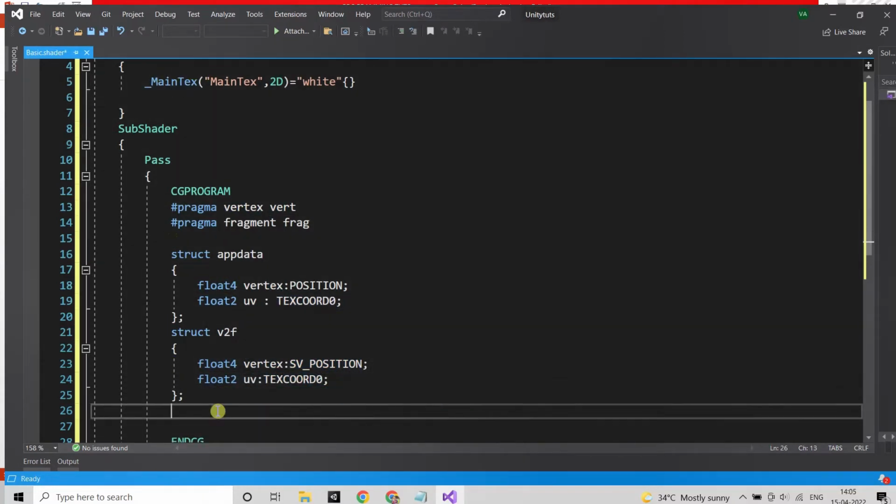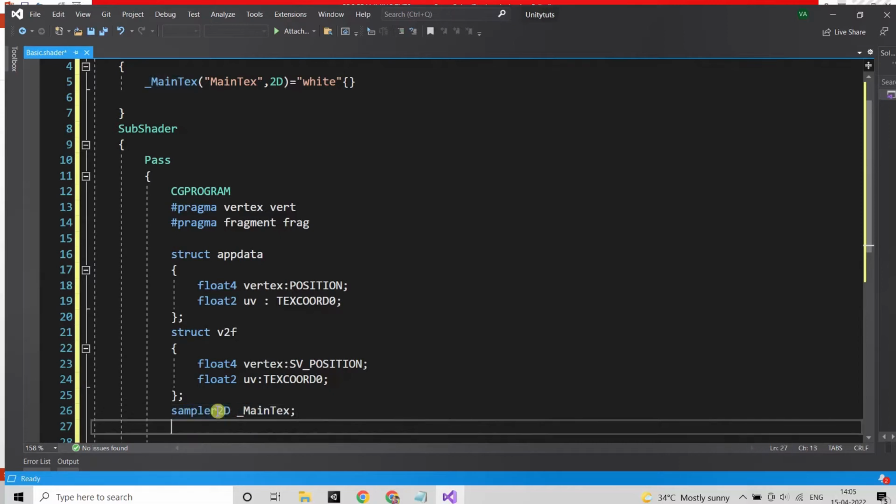Appdata will have the vertex position and UV values so that we can use them when we are calculating. V2f can be used to store the calculated values when performing calculations. Use it as output. Whatever we declare in the inspector, we have to define in our pass, and only then can we access those values. For each data type we use different definitions. Here we declared a texture, so we should define it as sampler2D. Another one you can also see is float4